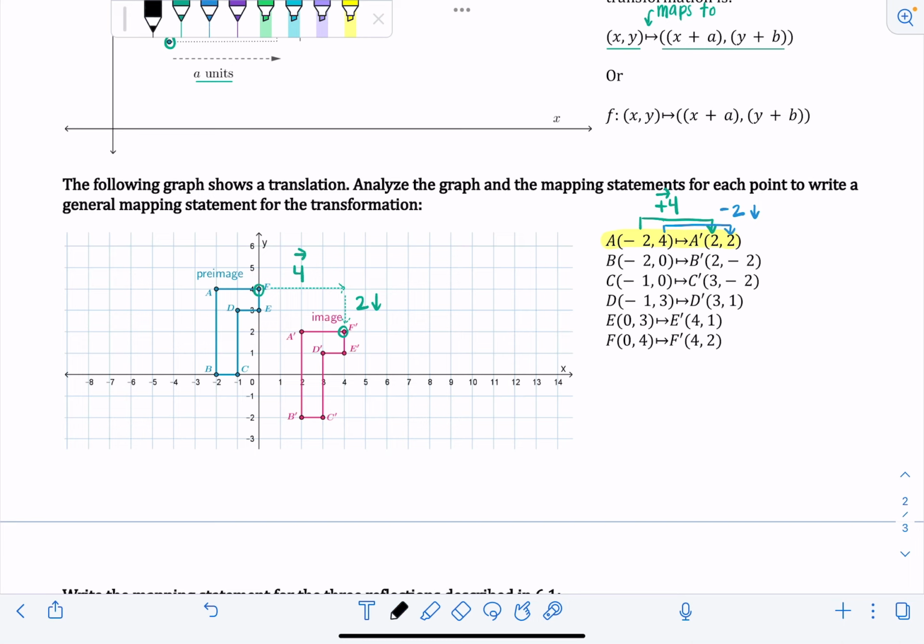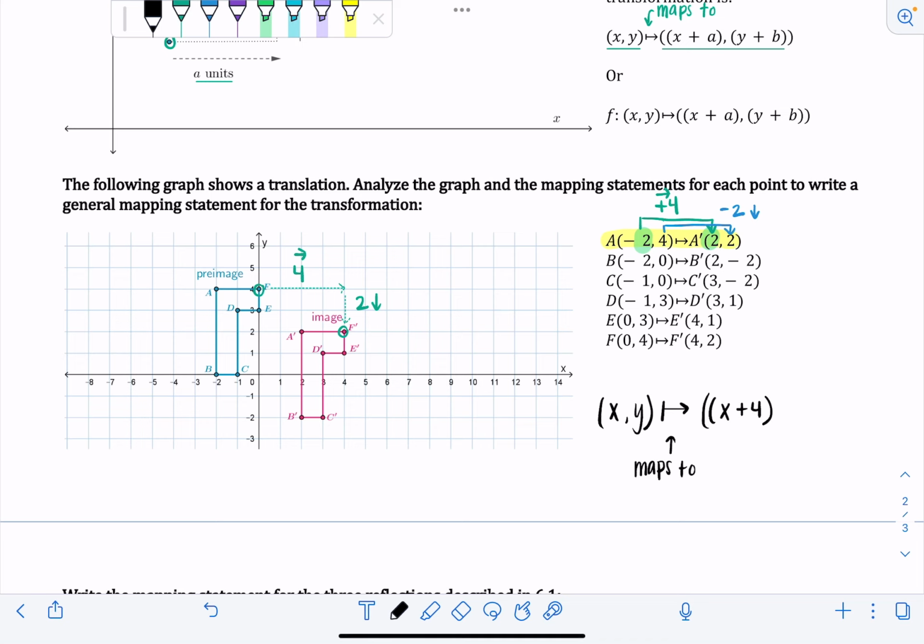So for our mapping statement, we'll say the points (x, y), those are just the general points we're starting with. And then we'll use the maps to symbol. So this means maps to. And then we just need to describe what the new points are. So we'll use our parentheses, and then since we write our new points as x plus or minus a number, we need to put in another set of parentheses. For our x values, we're going 4 to the right, or we're increasing our x values by 4. That's how we got it from the points. So we would write it as x plus 4